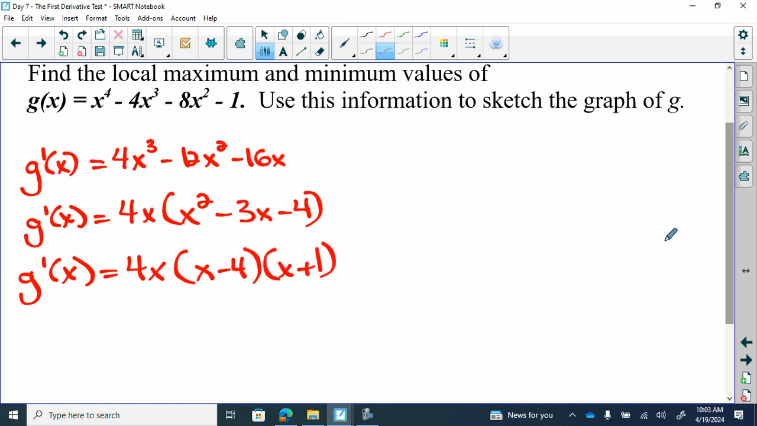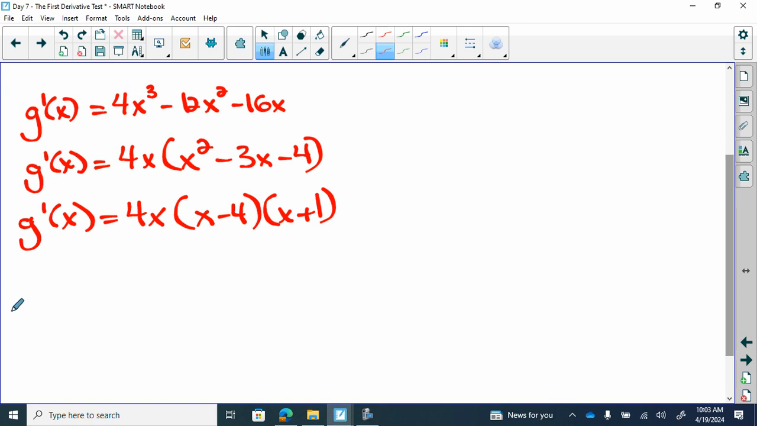Excellent. And then I need to find my critical values. To get your critical values, you set the derivative equal to 0, or you find the values of x that would make the derivative undefined. Not possible in this case because there is no denominator, or the denominator of this would just be 1. So all I need to do is replace the g prime x with a 0,